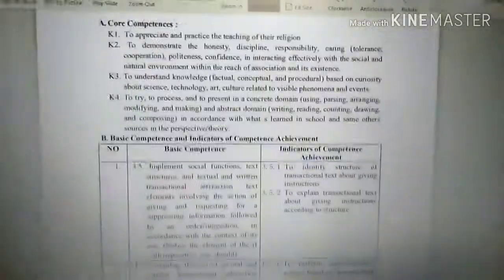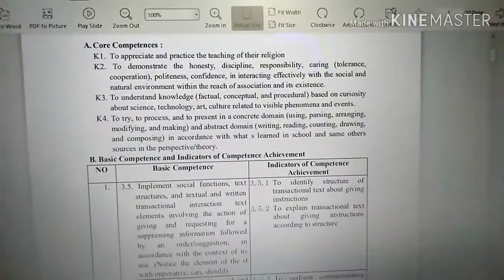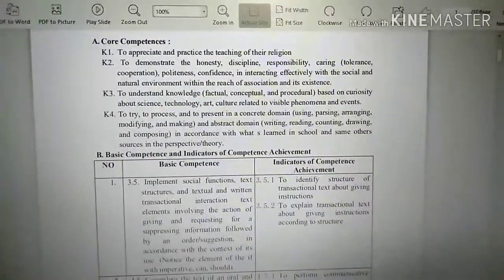B. Basic competence and indicators of competence achievement.